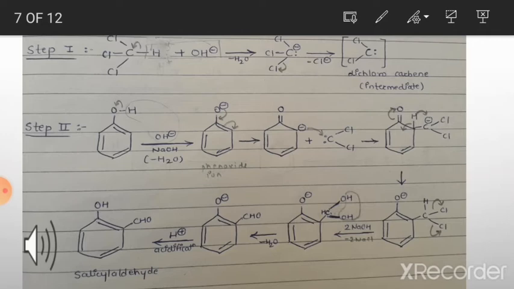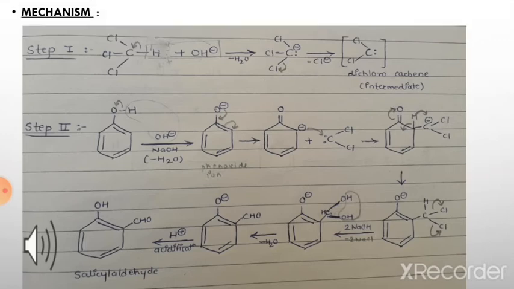In the first step, chloroform reacts with OH negative ions provided by the basic medium, that is NaOH. Due to high electronegativity, chlorine attracts electrons, so the carbon acquires a partial negative charge and hydrogen converts into H positive ion, links up with OH negative ions and is removed as H2O. Next, again one of the three chlorine atoms will attract two electrons and be removed as chloride ion. Next, there is a formation of an intermediate, that is dichlorocarbene.